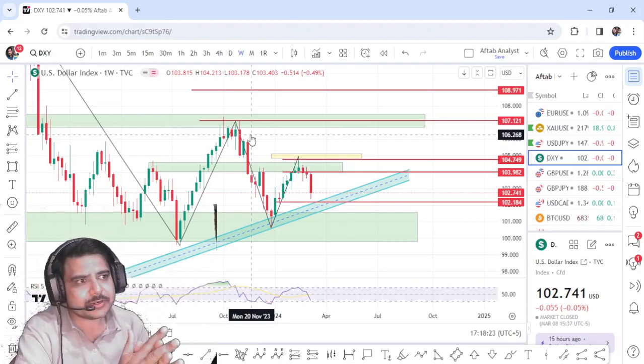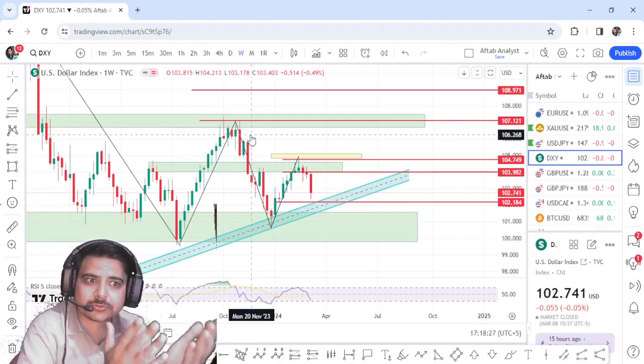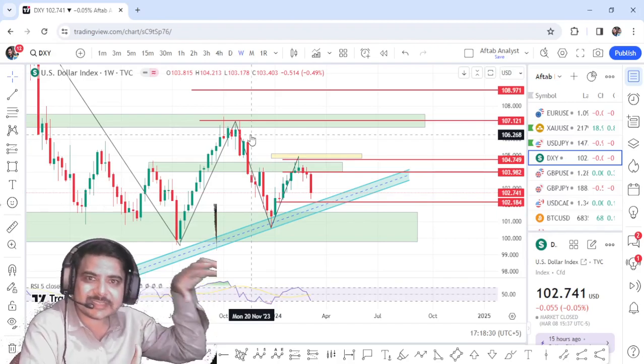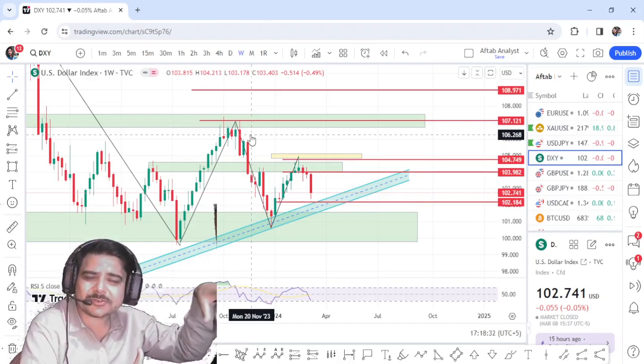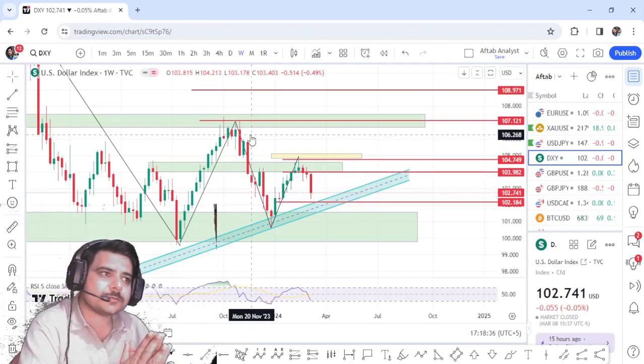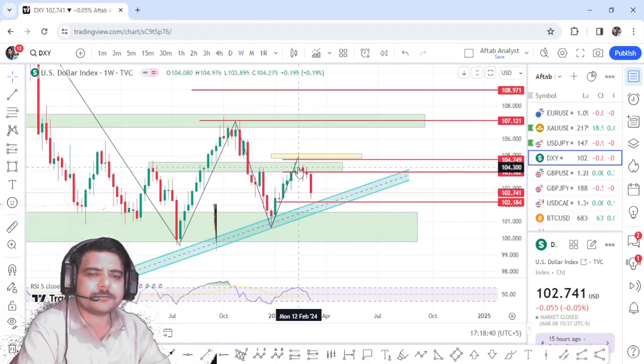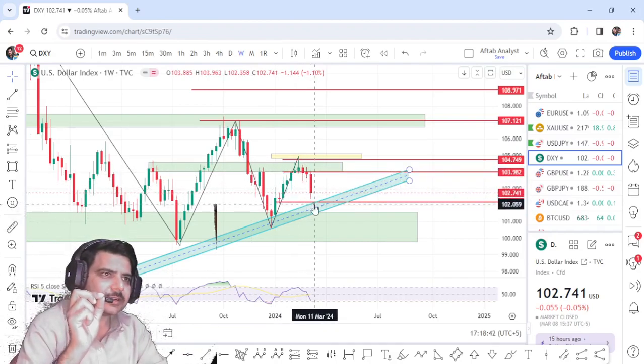So whenever price enters a zone that belongs to big traders, game changers or game makers, these are the levels of those people. So that's why we have seen the market drop for the 1st, 2nd, 3rd and 4th week consecutively.